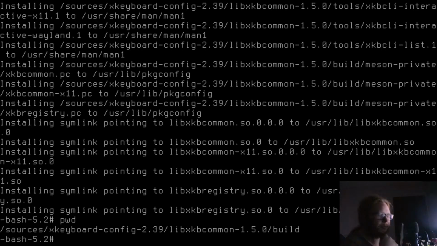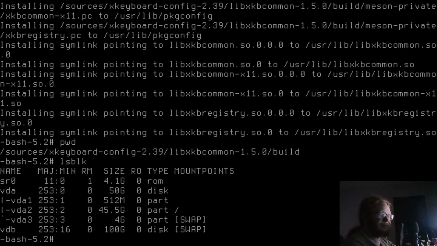So make a bigger swap disk. Fuck it, I'll give it 100 gigs worth of swap space. So I turned off the virtual machine, made a new 100 gig disk, attached it to the virtual machine, went back in, made it into swap, and now I have 104 gigabytes worth of swap space. It ended up using 10 gigs of swap on top of the 16 gigs of RAM. Like, damn.